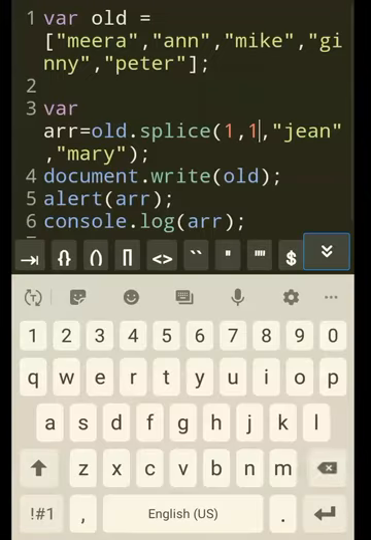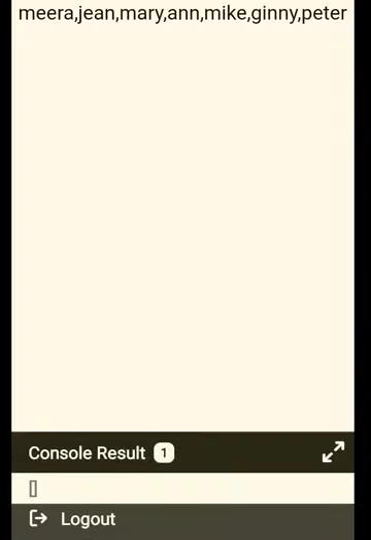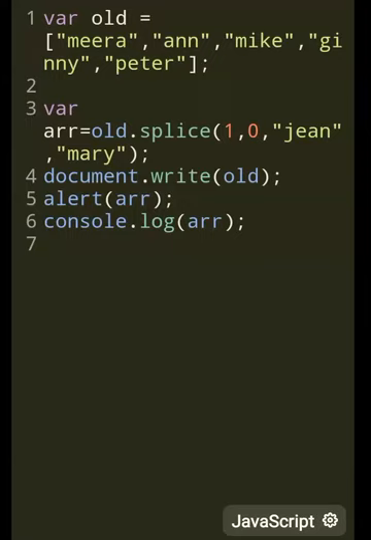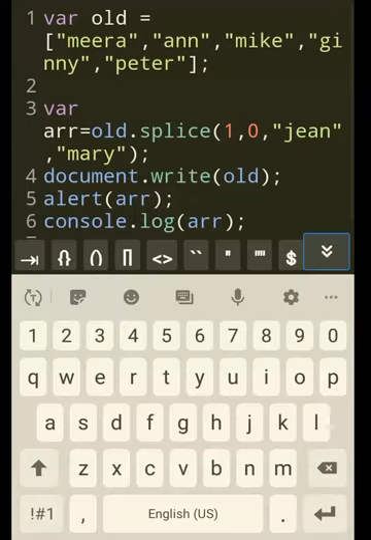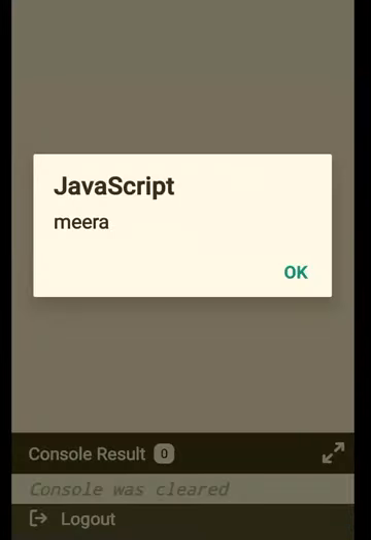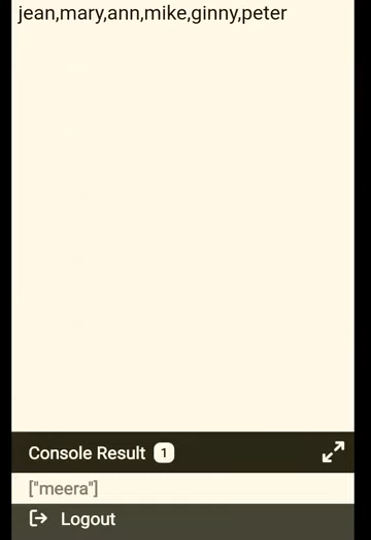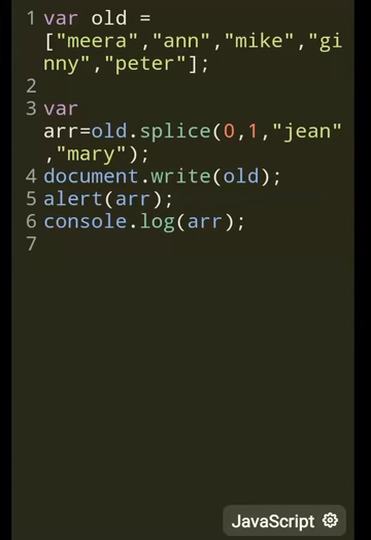If it was index position 0, console.log would show Meera. This is for the R, the new array, because the new array contains whatever item is removed. If 0 items are removed, it will return an empty array. Hope you understood.